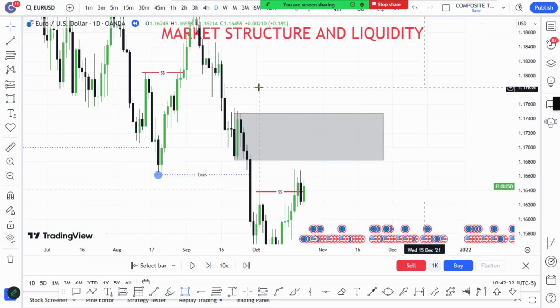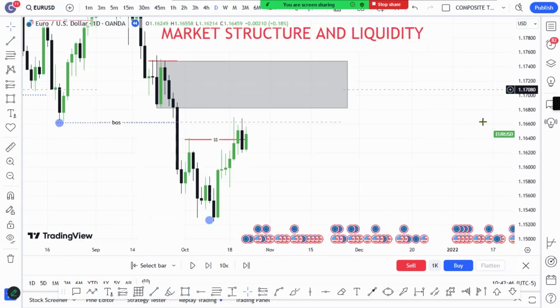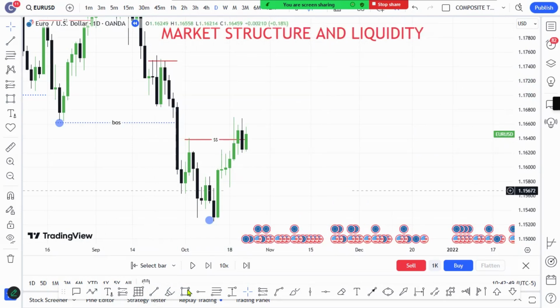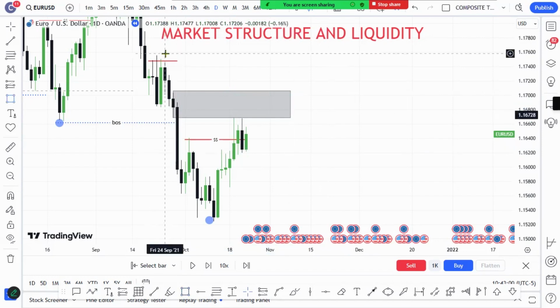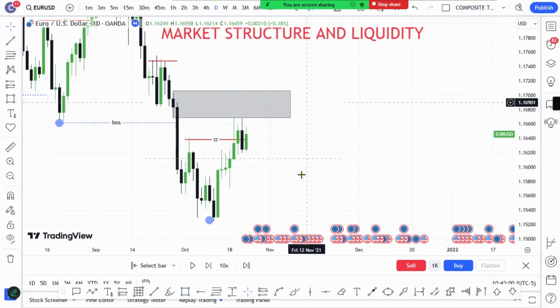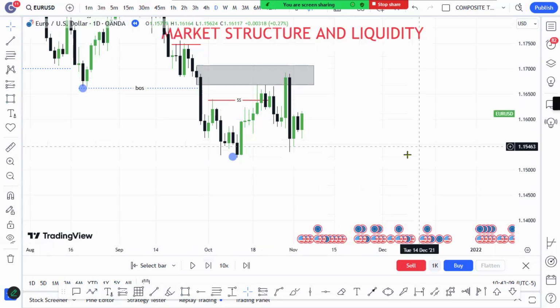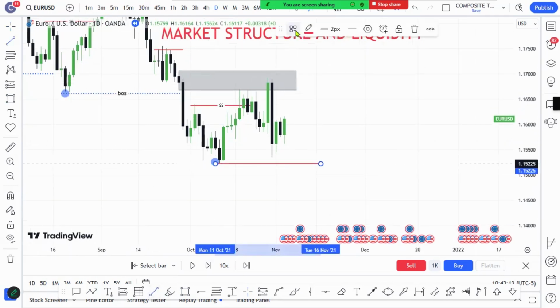because the market, if you look at this market structure here, swept some liquidity there. So this level has a higher probability to sell the price to the downside. But now look at this, that level has a higher probability. But if you're choosing the correct supply zone, then probably you'll be choosing this candle here, this black candle here, because this is the only candle that has imbalance. So let's see, does the market go to the downside? Okay, we see mitigation of the level, and if we close below this zone, then we have our new BOS.